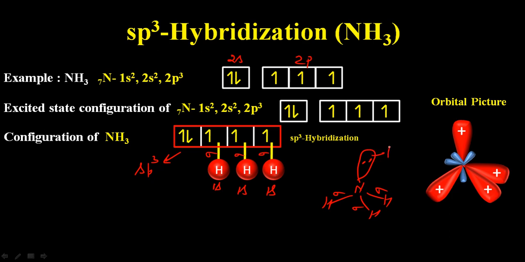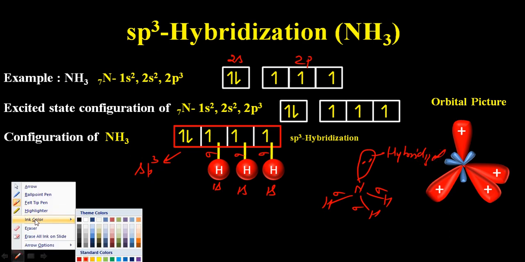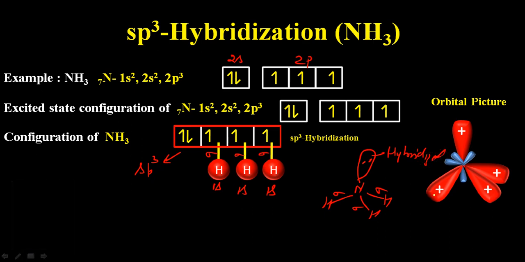So this is the orbital picture, but now the structure will be, these are the 3 sigma bonds, and one sp3 hybrid orbital is containing lone pair of electrons. So this orbital is hybridized, and 3 hydrogen atoms overlap in this way, and this orbital contains a lone pair of electron. This is hybridized orbital. So it is very clear that half filled as well as fully filled orbitals participate in hybridization, and those orbitals which are fully filled act as lone pair of electrons.